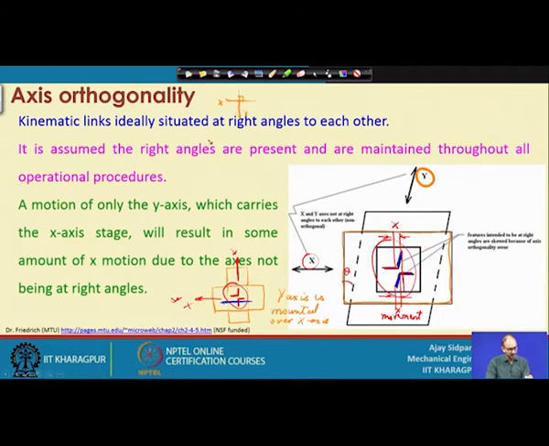So, orthogonality error is creating a problem because we have seen that all axes are coupled with each other. If you are getting a problem in one axis, that will be propagated or transferred to the other y axis, x axis or z axis depending on the motion of your tool or the workpiece. So, this should be avoided at any cost, otherwise you are getting a wrong cut or the wrong feature.